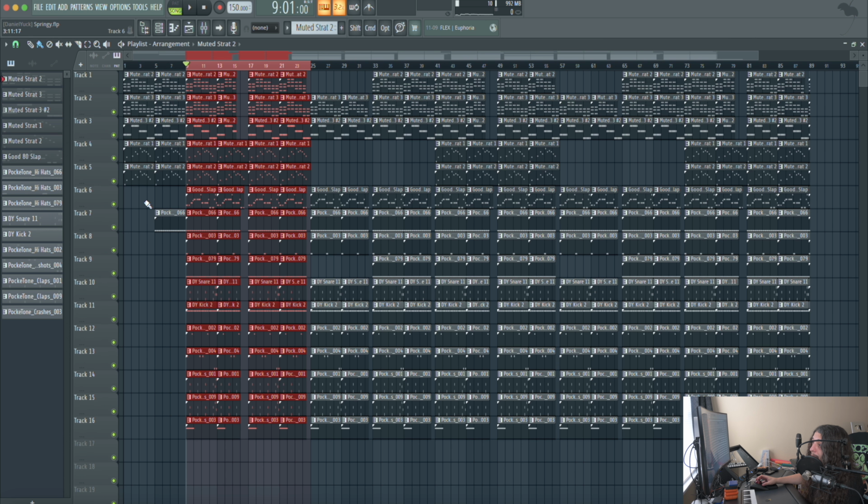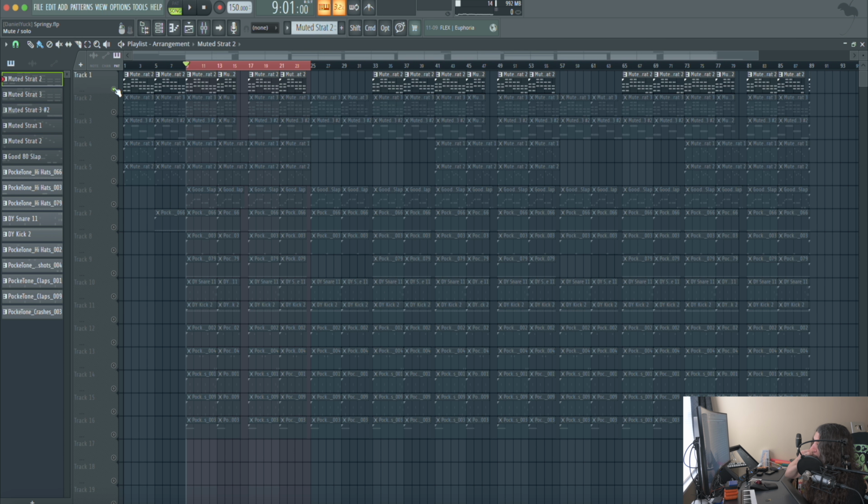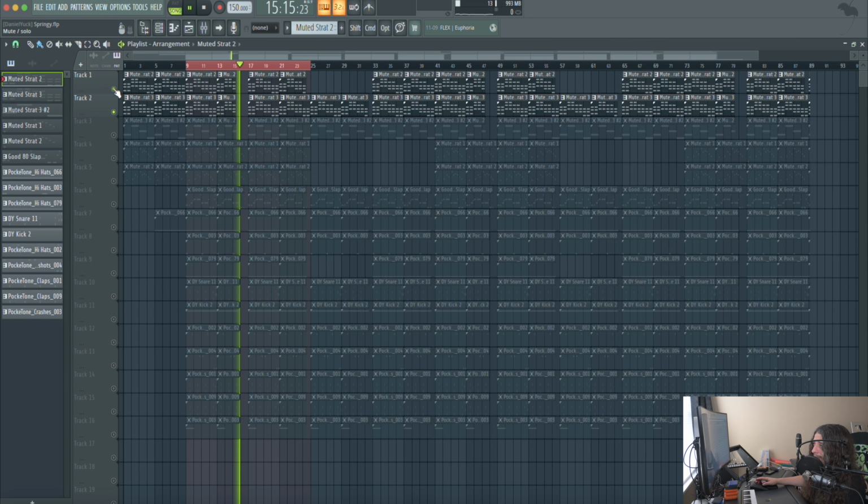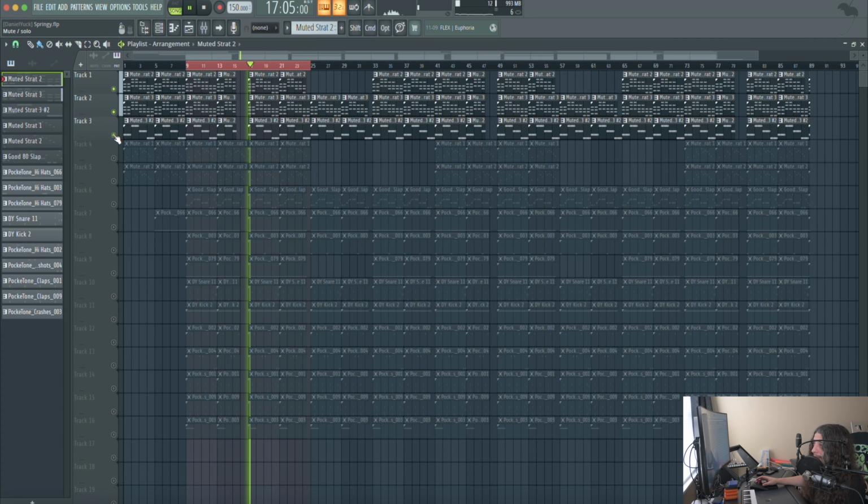So for this beat right here, what I went ahead and did was I reversed it and I started with the instruments like I normally do. This one didn't begin with the drum track, so I have this right here, which is the first guitar that I started with, and then from there I just continuously layered up the sounds, which is this one. And again, this is going to be Flex, and then we added